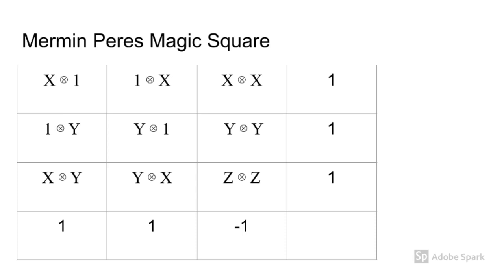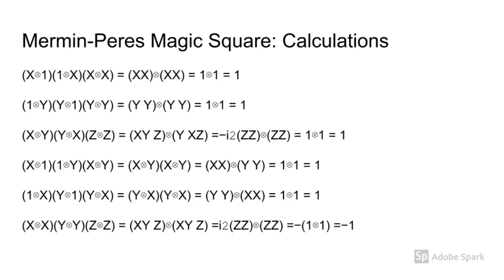From the tensor product of the operators, we get a Hilbert space of dimension 4. The combination of gates gives us either 1 or minus 1, since they're all Pauli gates with eigenvalues equal to 1 or minus 1. Here you can see how not only the individual operators, but their combinations are equal to 1 or minus 1.